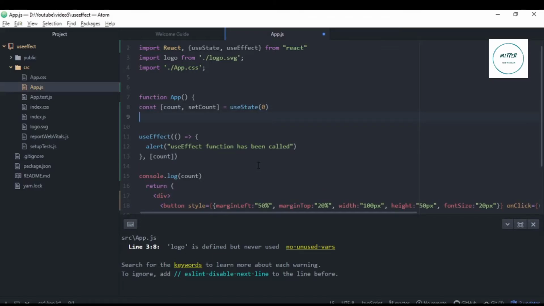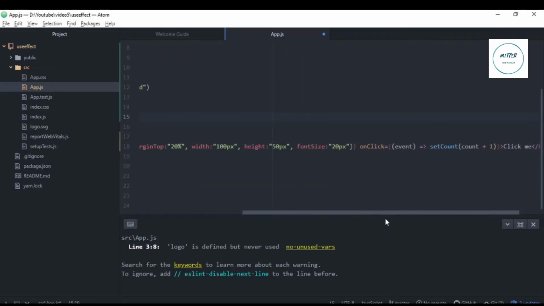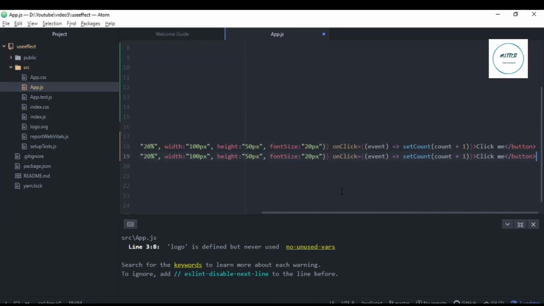What if I create another variable which is count2, set count2 useState 0. So by default the count2 is again 0. Now I'll create one more button here. I'll just copy paste this button here, and this time on click of the second button, set count2 to count2 plus 1, and let me change the names of this.